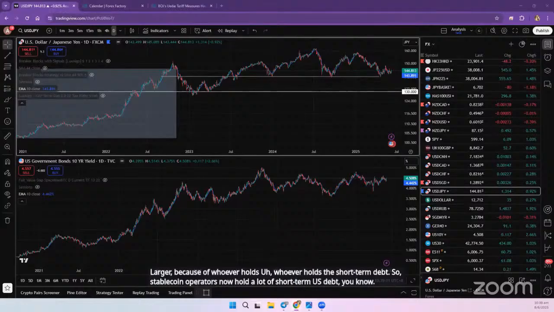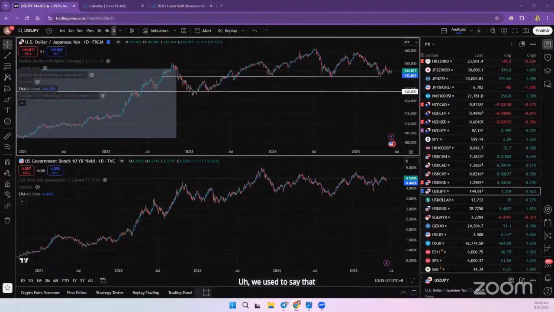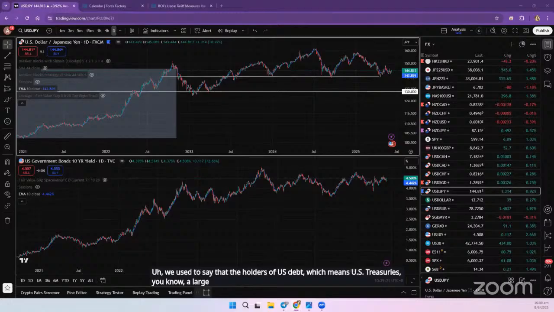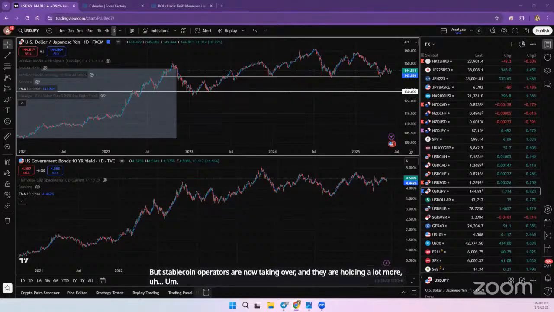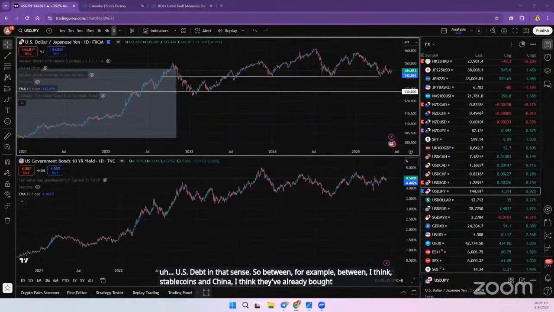We used to say that a large proportion of US debt, which means US treasuries, is held in China. But stablecoin operators are now taking over and holding a lot more US debt. For example, between stablecoins and China, I think they've already bought 40 billion worth of treasury bills